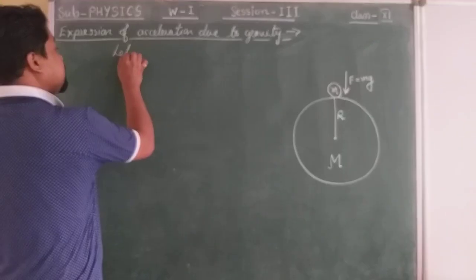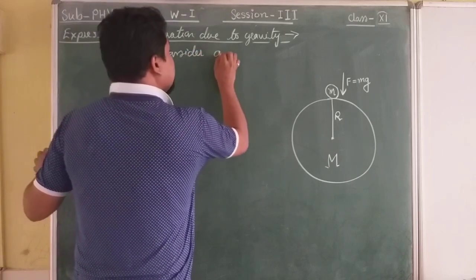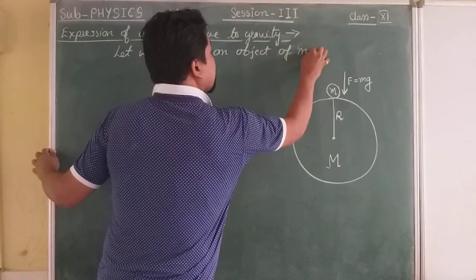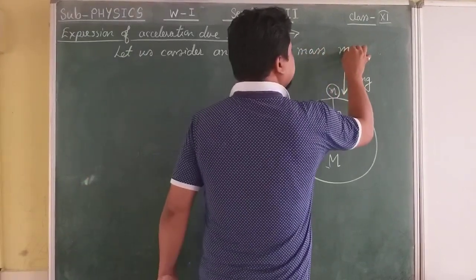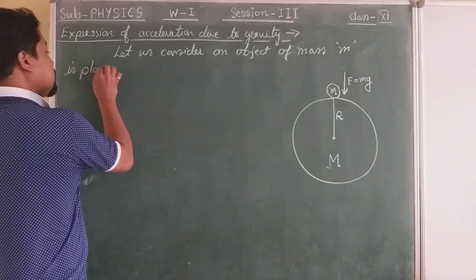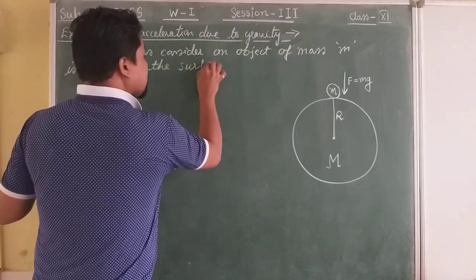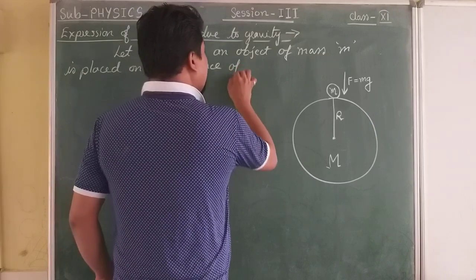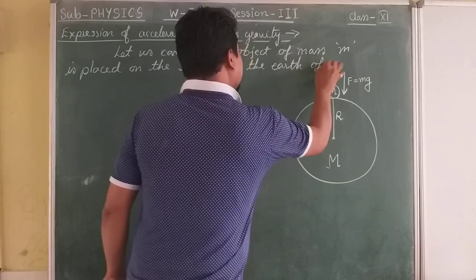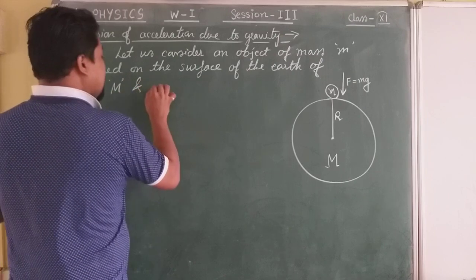Let us consider an object of mass m is placed on the surface of the earth of mass capital M and radius